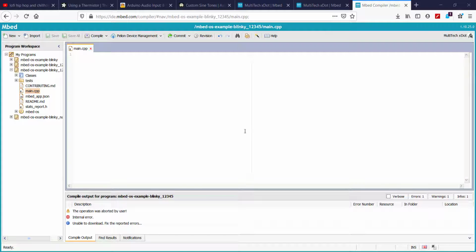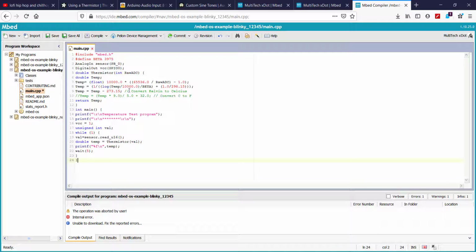Now we will be starting the part on the thermistor. First I will be loading the code on the compiler. From this code you can see that PB0, which is GPIO2 port, is set as an ADC analog sensor, and we are using GPIO0 to drive the voltage divider circuit, and this VCC will be 3.3 volt